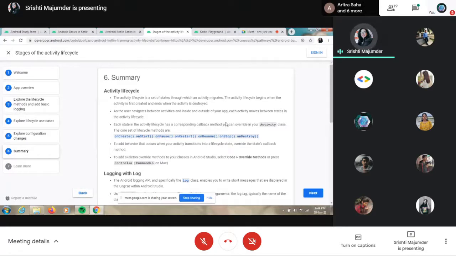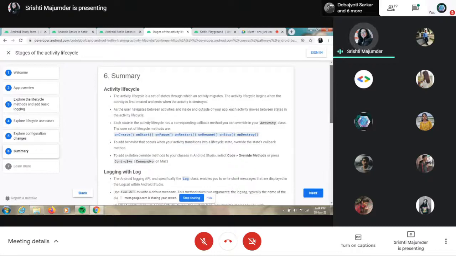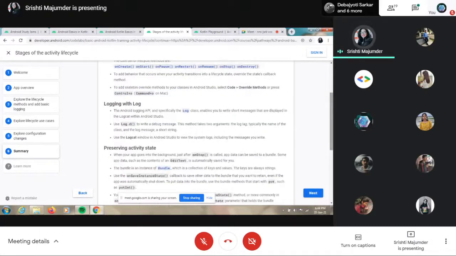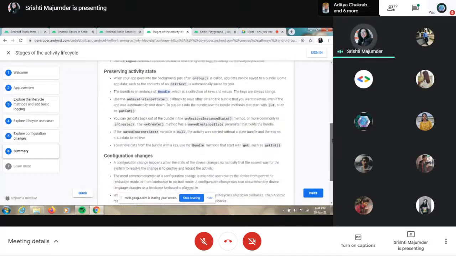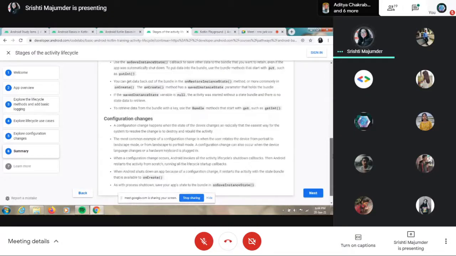These record all the activity that is taking place within the app. And then we learned what happens if the phone got hanged or automatically stopped, how you preserve the data, and how you are logging in and logging out.